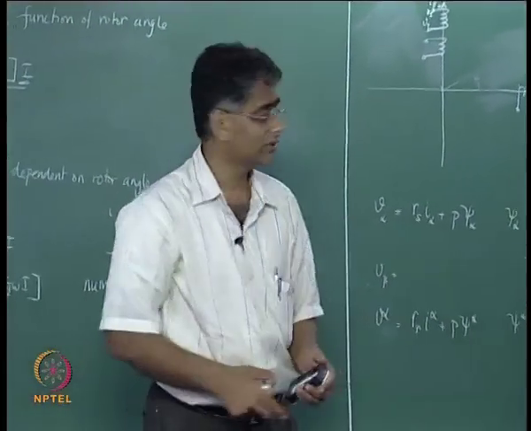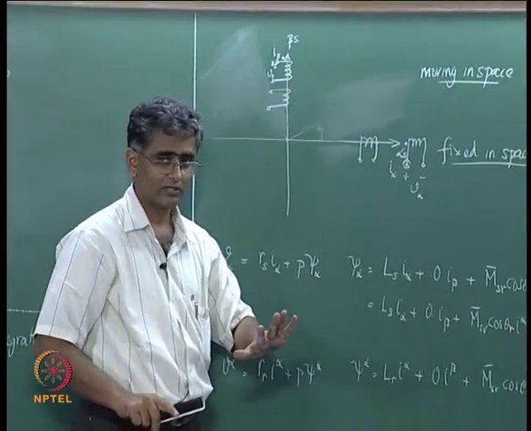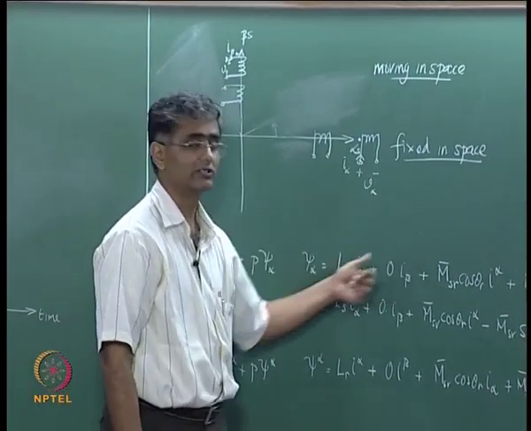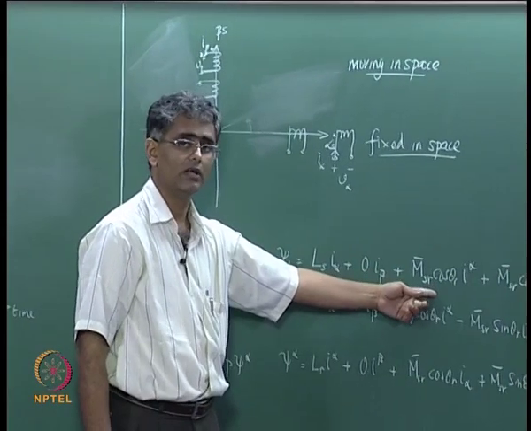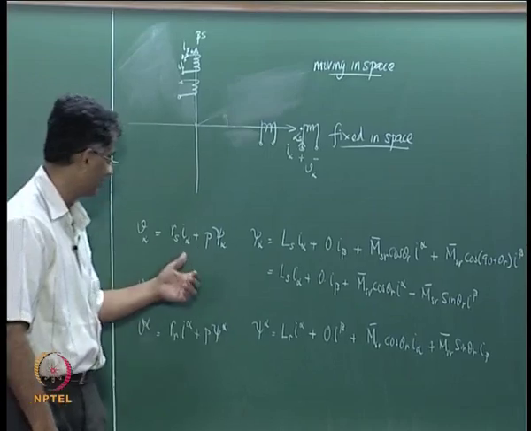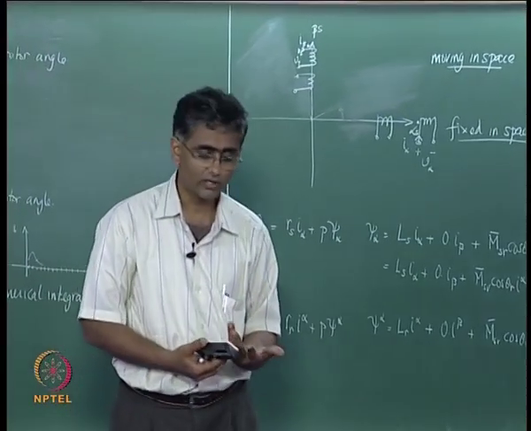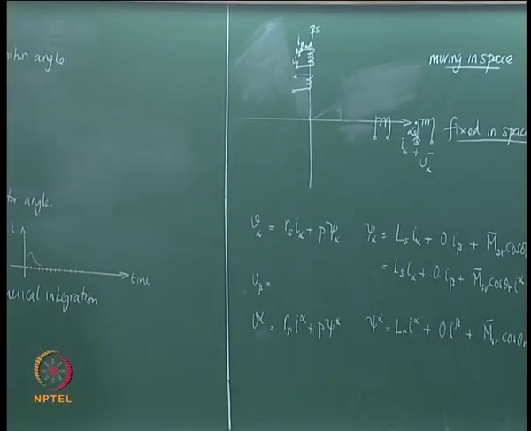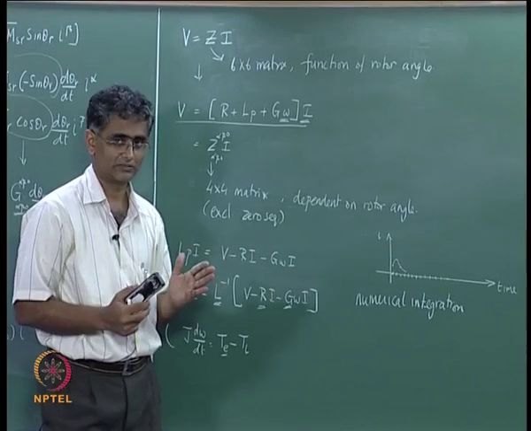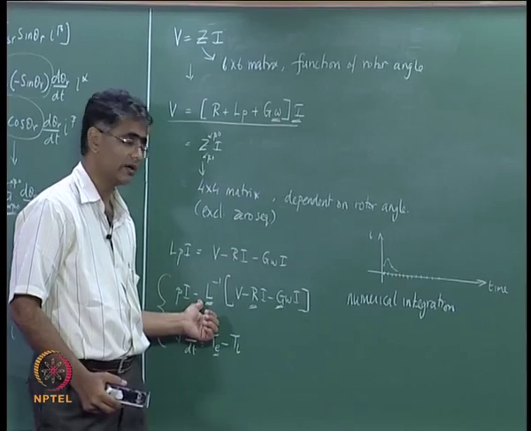If there is not anything that is going to move, obviously all the inductances are fixed, there is no variation in the inductance, and therefore the flux linkage expressions would not involve the rotor angle. If the flux linkage expression does not involve the rotor angle, the derivatives and so on, all of them won't involve the rotor angle, and therefore this L and G etc., they are likely to be fixed. They won't vary with respect to angle and with respect to time,